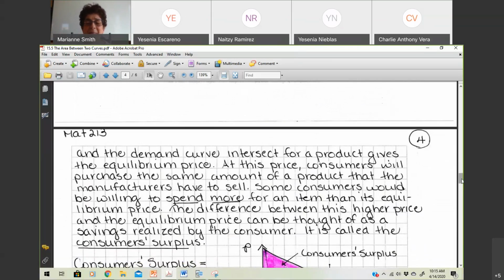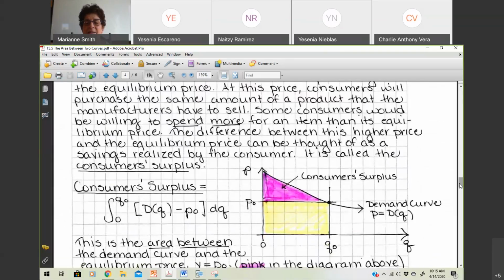Okay, now, in reality, let's take a look at this. Okay, so let's look at my graph here. This is my demand curve, this curved line. Okay, and it's basically in terms of quantity demanded. Okay, this dot I have here is my equilibrium price, P0. Okay, and this is called the equilibrium quantity, Q0. So this point, okay, between the equilibrium price and my demand curve, which is also a price, okay, this pink